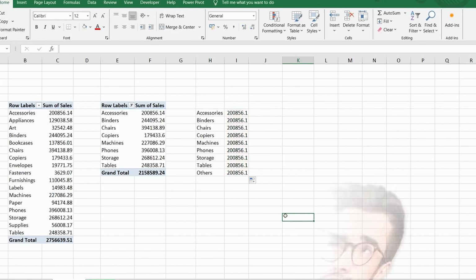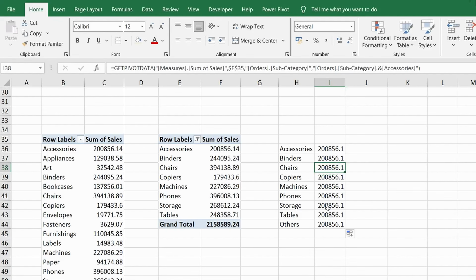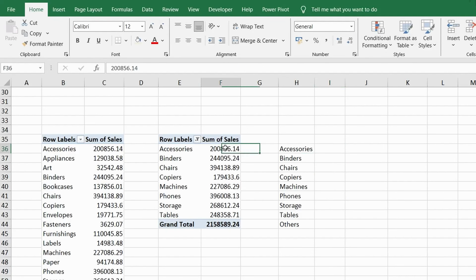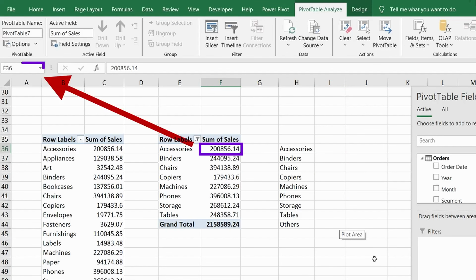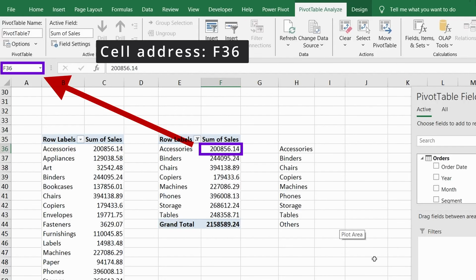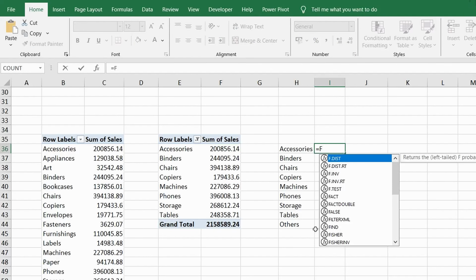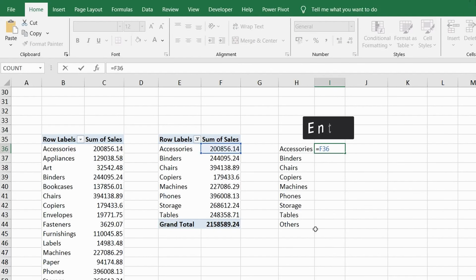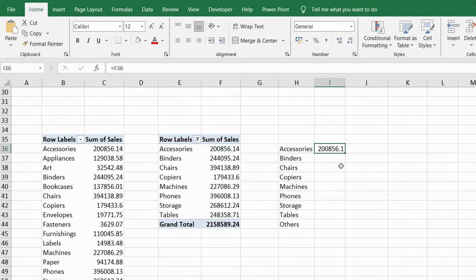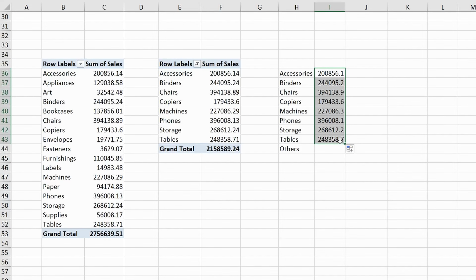containing numbers, it is necessary to specify the cell addresses. In the first row of the table, the revenue cell has the address F36. Therefore, after the equal sign, I will manually type this address. This is a specific feature of working with pivot tables. Thus, the revenue of the top 8 subcategories of products has been copied,